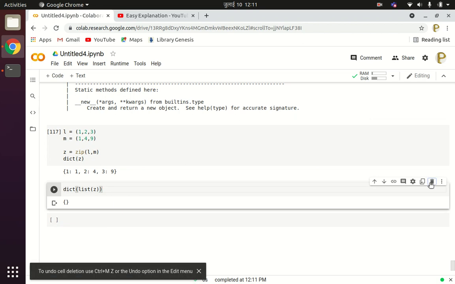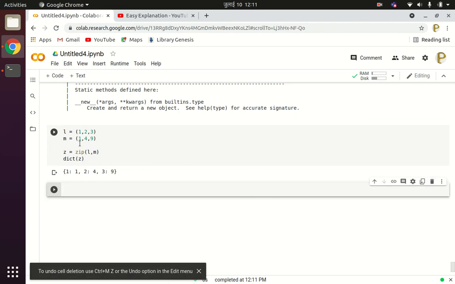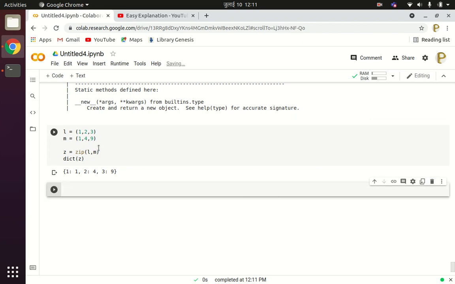Now see here, I have two tuples L and M. I have zipped these two tuples L and M using the zip method. Now after zipping, it will create the list of tuples, and by calling the built-in method called dict, I am converting the list of tuples into a dictionary. Now this is the dictionary format.